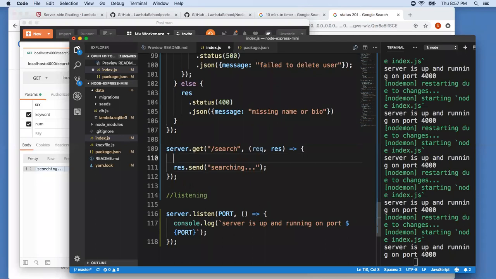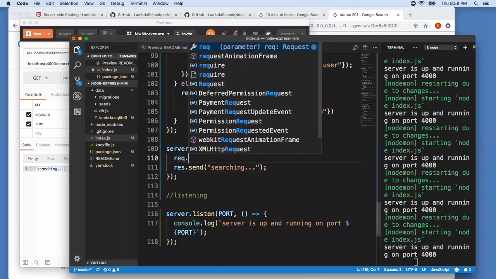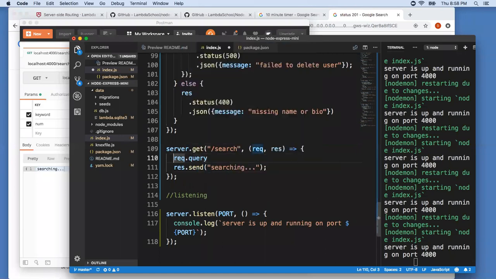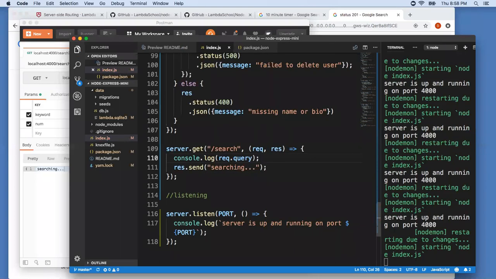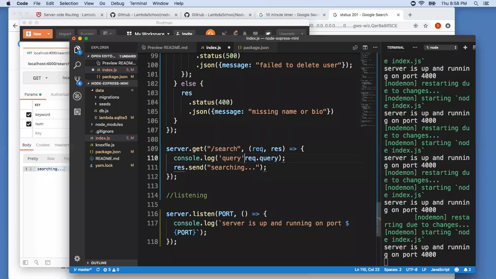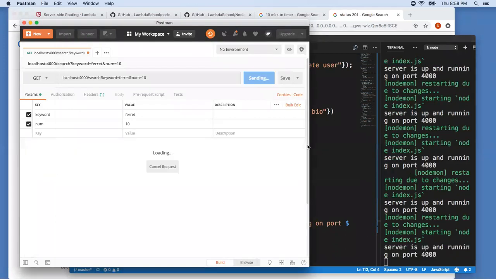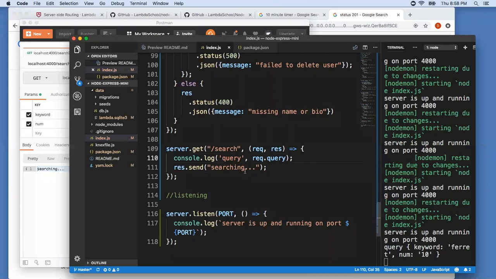All right, req.query. So we can be pretty well assured that they're going to be on req, right? If they're coming from the client, they're going to be on req. And it turns out that req.query is in fact where we want to look. So let's just start by console logging req.query and seeing what we get. Cool, let's send it. Nice. So we see that query, in fact,